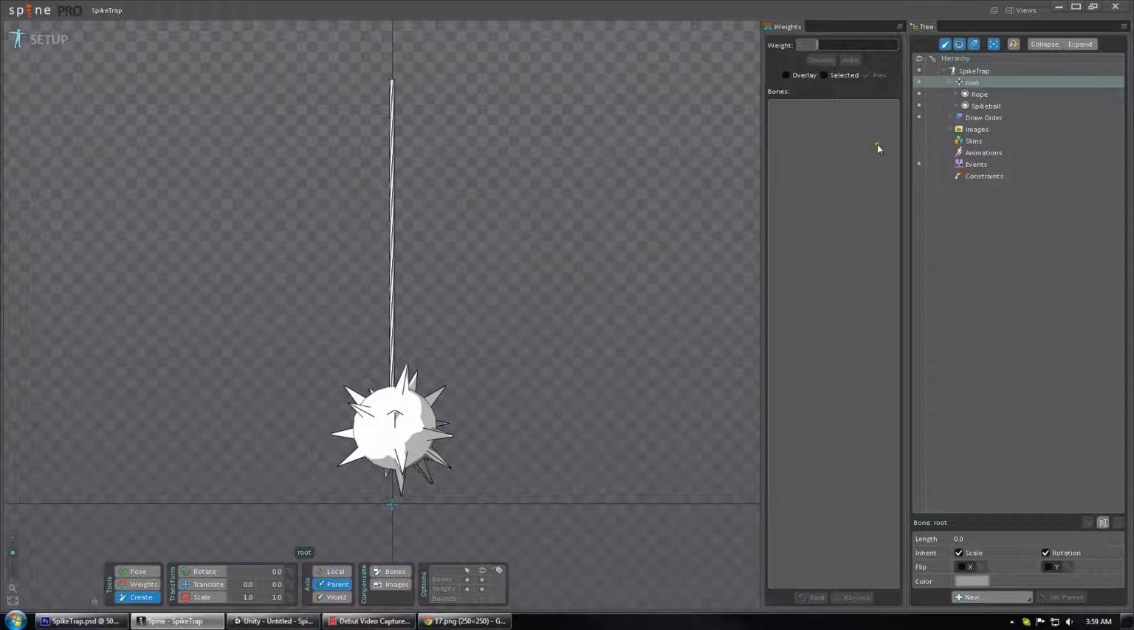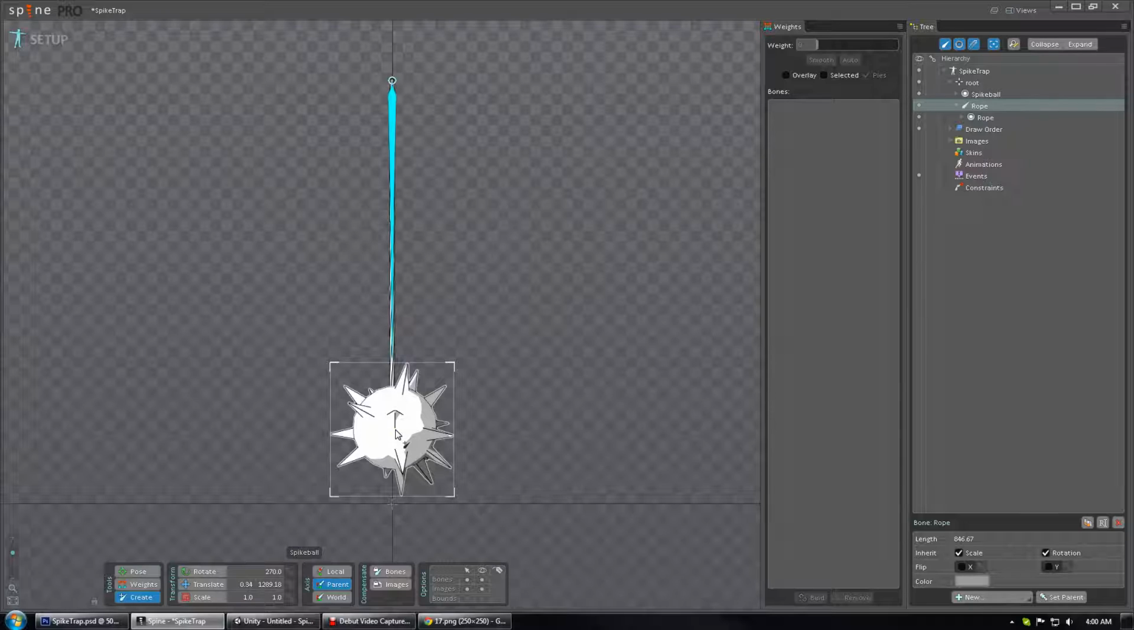And to start, I'm going to select the root bone and choose the Create tool and add a bone to the rope or swinging object that extends roughly the length of the rope. If you use more bones here, you can create a more detailed animation, but I'm only going to use one because it's quick. I'm also going to create a bone in the dead center of the Spikeball or Morningstar,